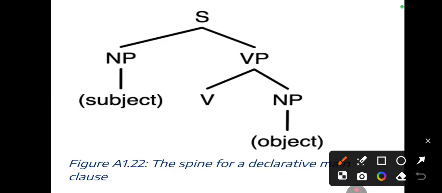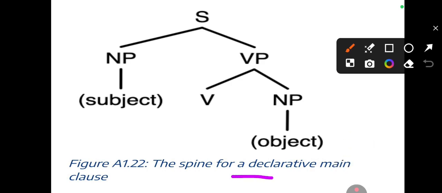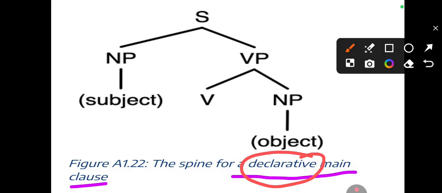This is the simple sentence. This is called spine for declarative main clause, right? Spine for declarative simple sentence, right? Main clause. So main clause, you know the difference between main clause and subordinate clause, right? When we discuss conditional sentences, when we discuss types of sentences,